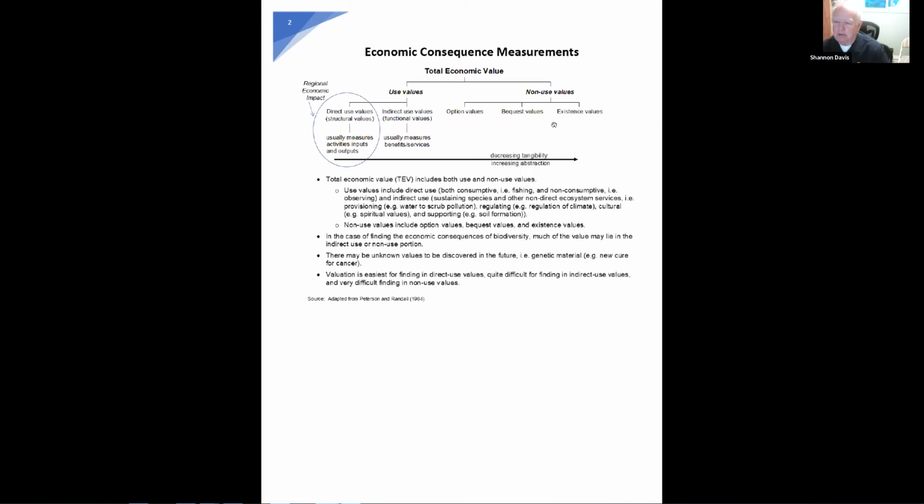The dollar signs over here are a bit more abstract, especially this concept of existence value. What would people pay just to have sea otters' presence on the Oregon coast? You really have to get into some appreciable explanation of what those dollar values are. Economists think that those dollar values have meaning, and that gives us a license to go ahead and do the models and the surveys and the explanations for them. But in the end, it's quite